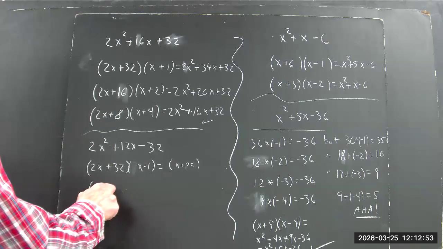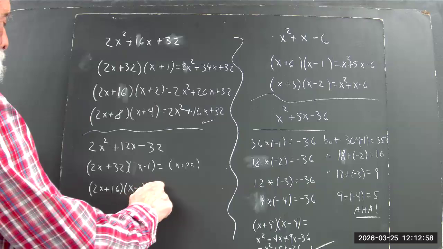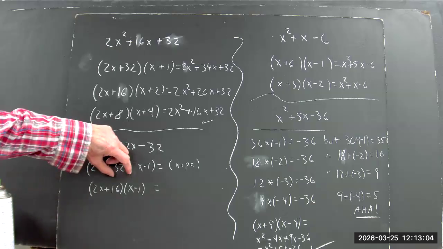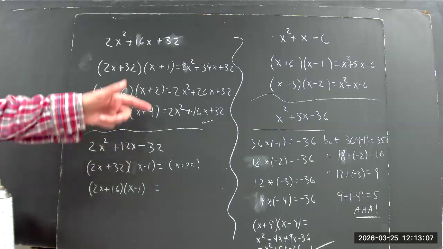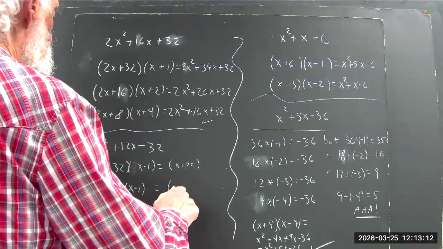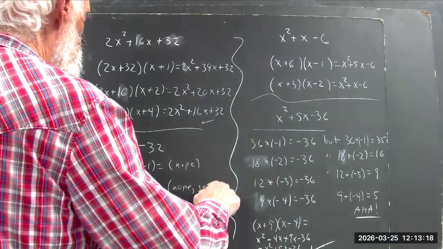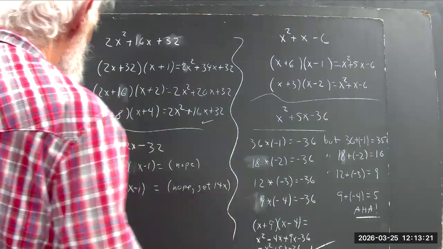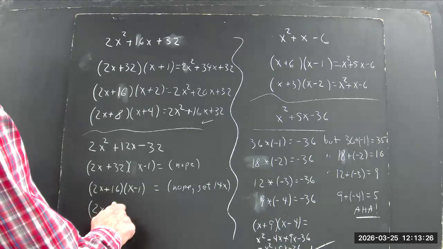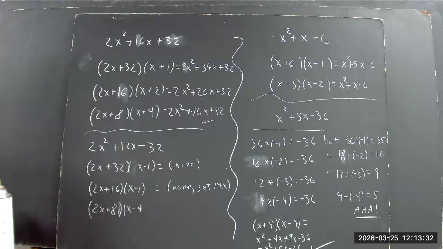So we try 2x plus 16 times x minus 1. And you get 16x. 16 times x is 16x. And then the 2x times minus 1 is minus 2x. Now we get 14x. And then 2x plus 8 times x minus 4. And